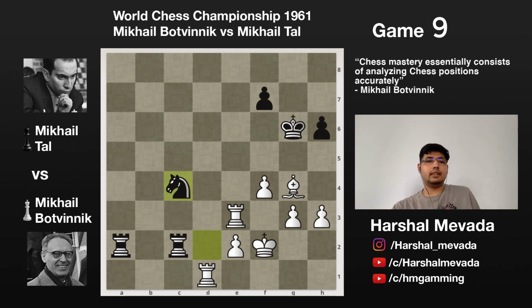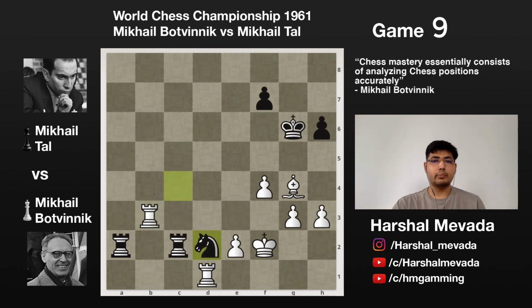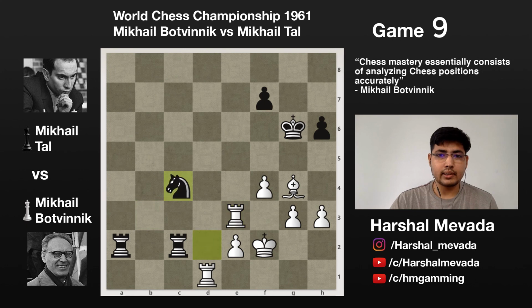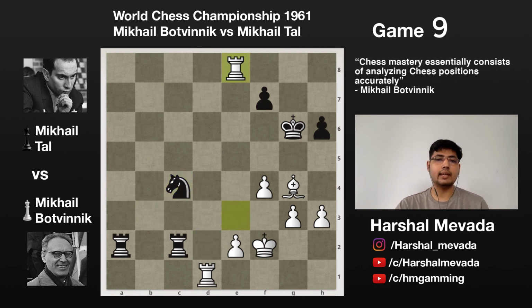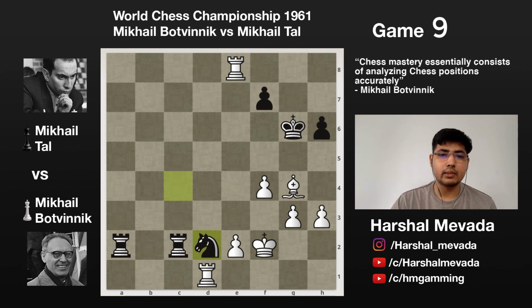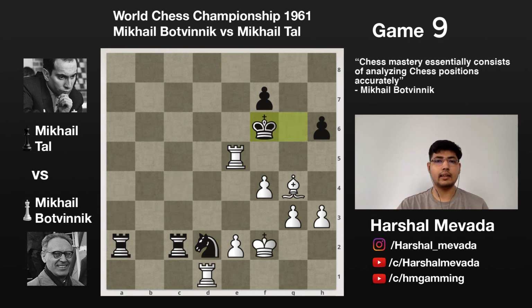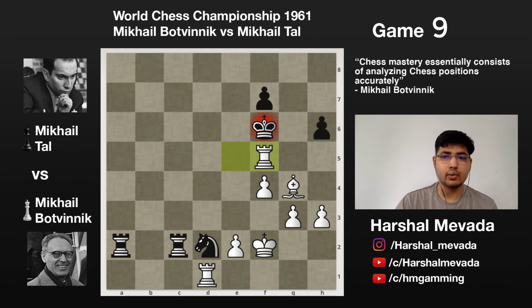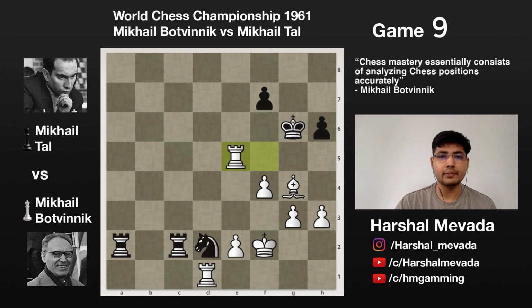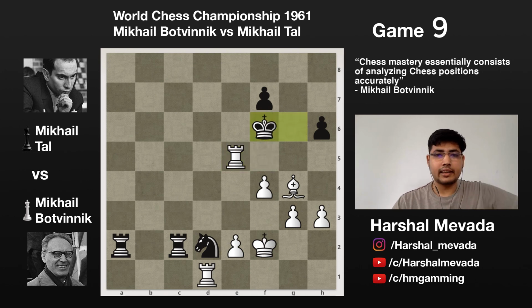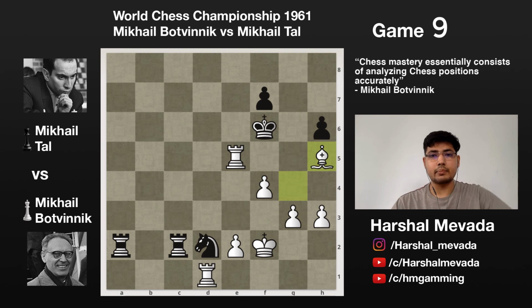So knight c4 attacking the rook, and rook back to b3, knight d2, rook e3 and knight c4, and now rook e8. You can't lose the defense of this pawn. So knight d2 once again, and rook e5 and king f6 and rook f5 check, king g6 and rook e5, king f6, and now bishop h5,